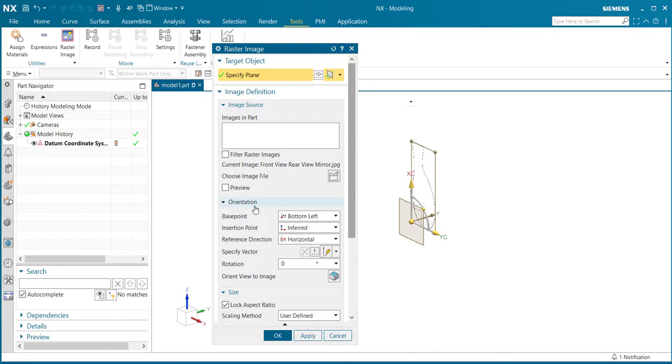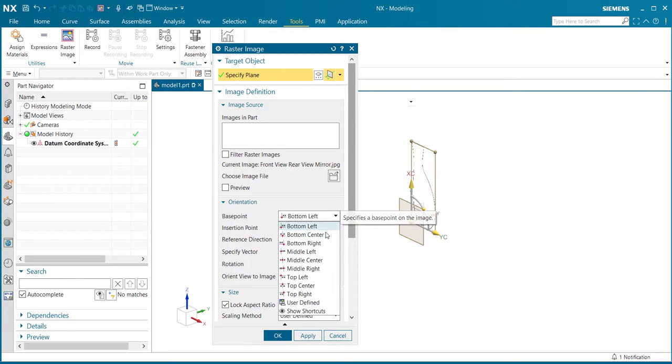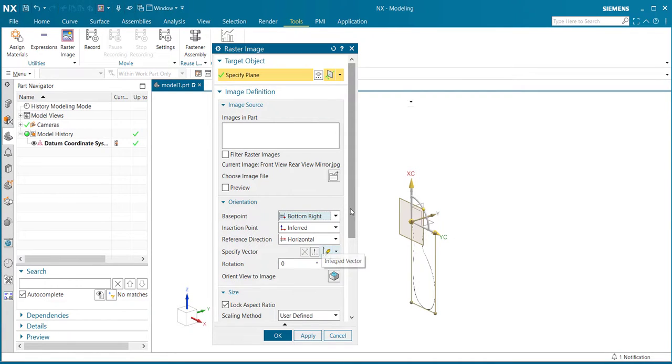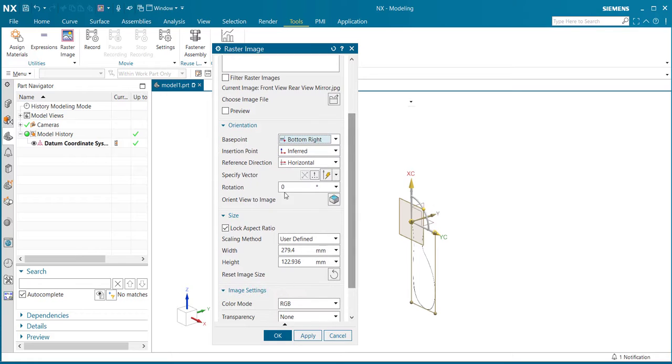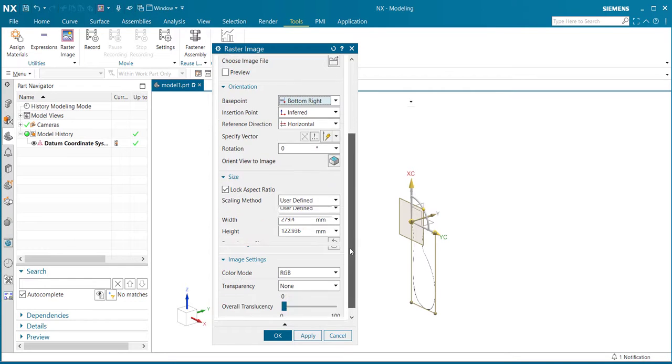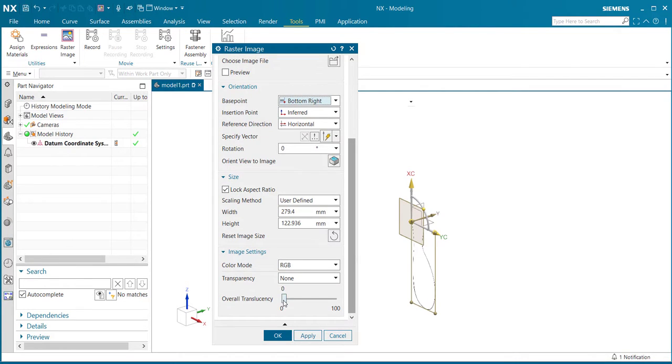So next we're going to go down to Orientation, and for the base point, I'm going to go ahead and select the bottom right, and I'm going to leave the rotation 0. Now, within the course, I go through each and every one of these to help you understand what these orientation and size sections can do for your image. And then lastly, I'm going to put an overall translucency of about midway, about 45. And now here I'm going to select Apply, because I'm going to add in